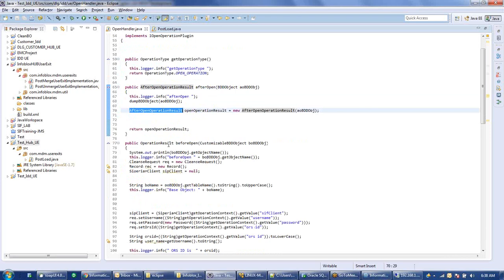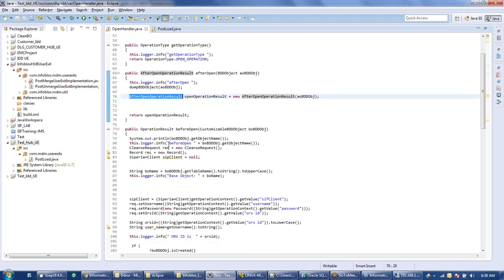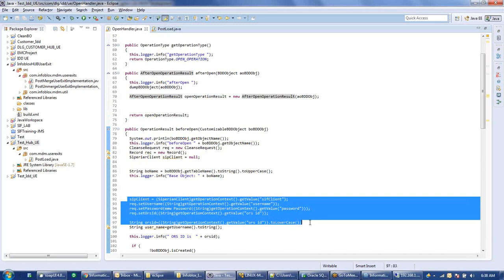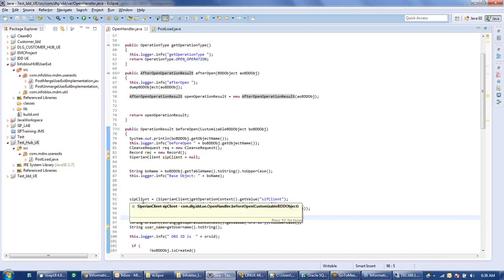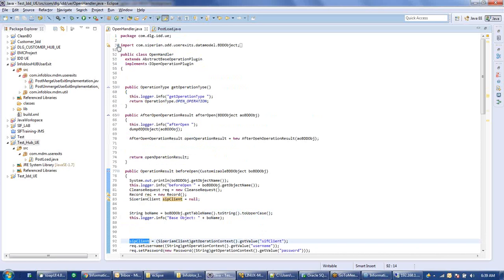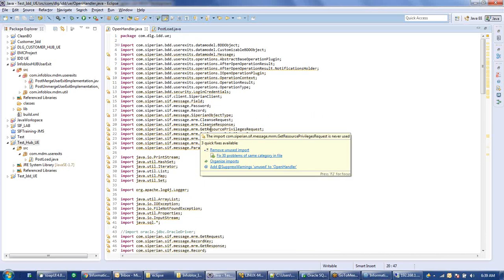Under the class many things are happening, but the main thing is that we are getting a connection here. The connection parameters come here: the username, password, ORS ID, everything. That comes from the Swift client that we have initialized. In the import statement, we have the Swift client which is initialized here.